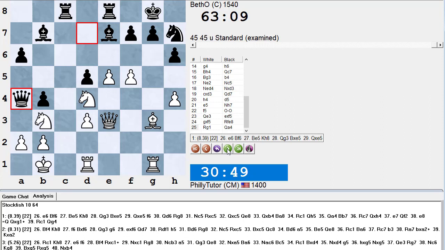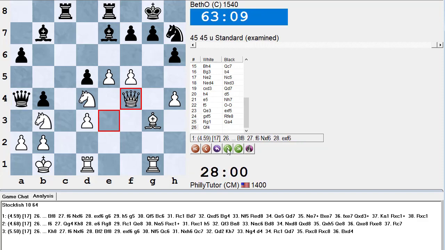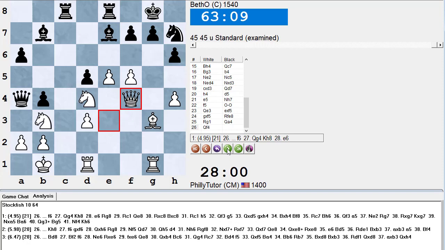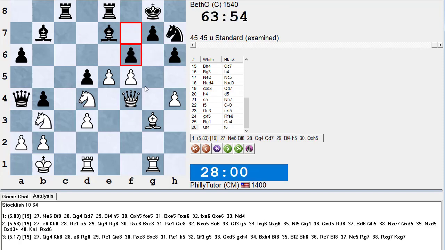So I started thinking, what happens if I start attacking h6? The computer says I can still play e6. I play queen f4. The computer says bishop f4 was better, but it still says this wins. And now I'm threatening f6, and it says he should play f6. It gives the line f6